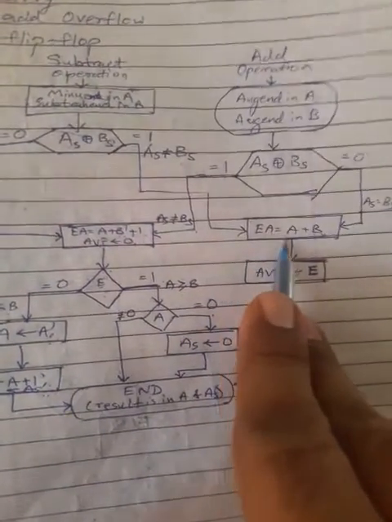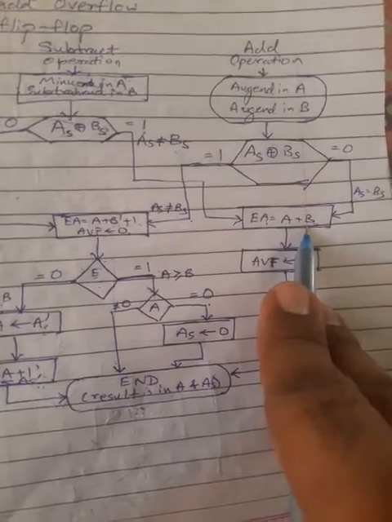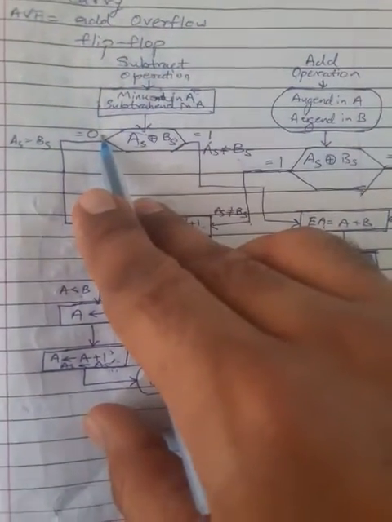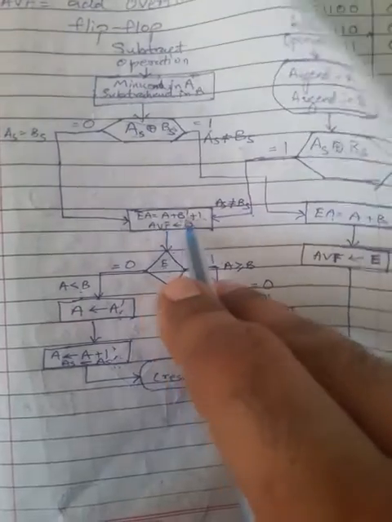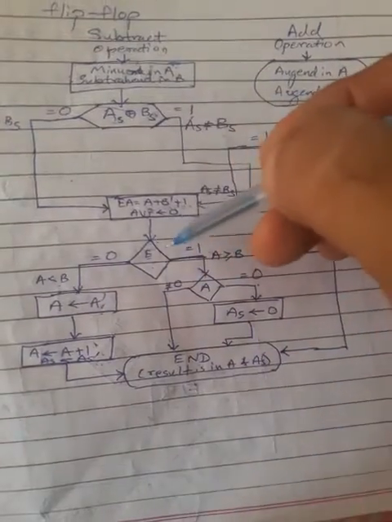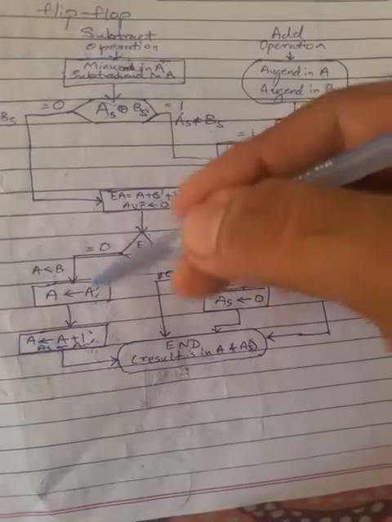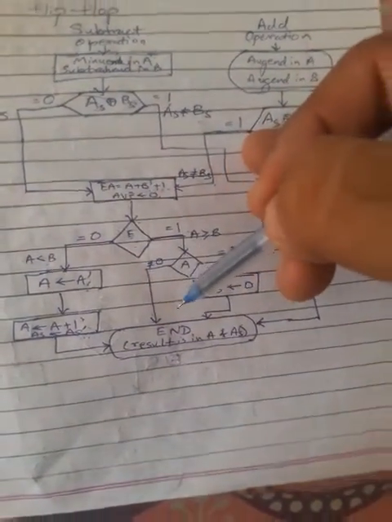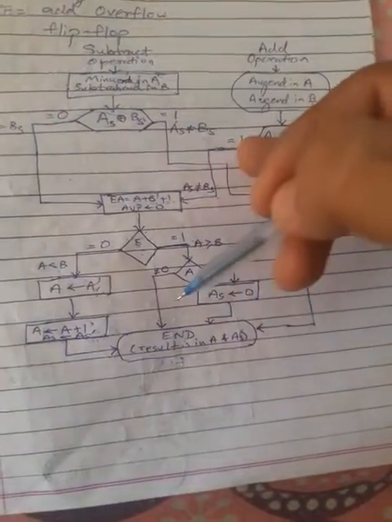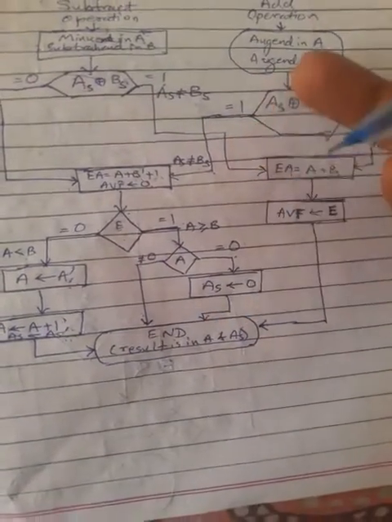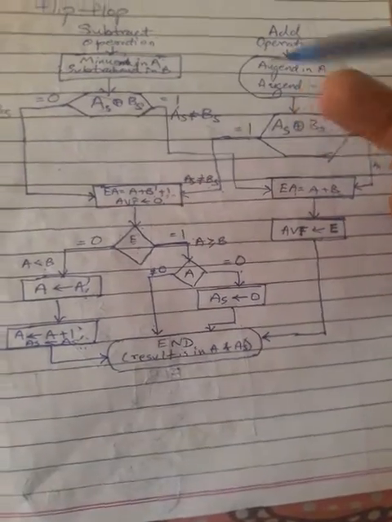If they are not equal, then what do we have to do here in the subtraction? We have to add A and B. And if they are equal, then we have to do A plus B complement plus 1, and the same procedure as we already recalled, where we check whether A is less than B or greater than or equal to B. According to this, the same procedure will occur in this subtraction, and finally we will see the result in A and AS. So this is how addition and subtraction occur.